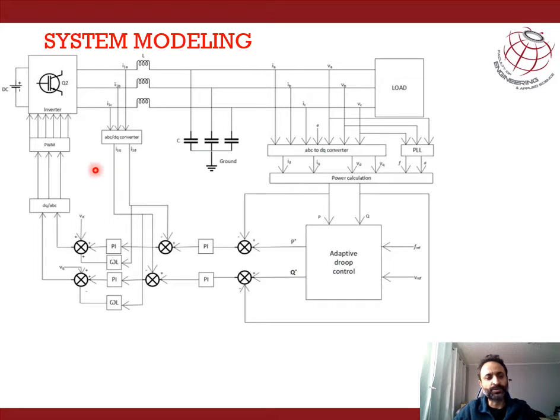So the task here is to control the firing of the inverters based on the active power flow so as to control the frequency. The load voltage and currents are measured by voltage and current transformers for the three phases, and as a result, we are able to convert the ABC values into DQ parameters. This allows us to do the power calculations, and as a result, we are able to know the actual active and reactive power flowing into the loads or the microgrid. To the adaptive droop control, we also feed the reference frequency and the reference voltage that we want to achieve.